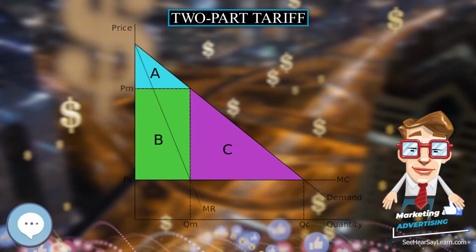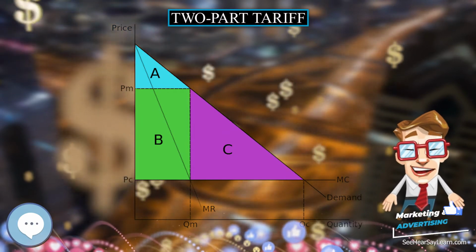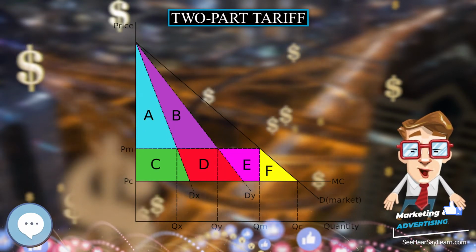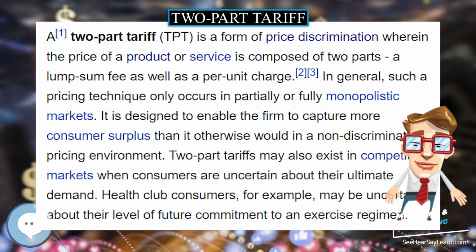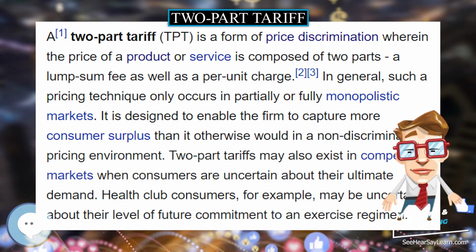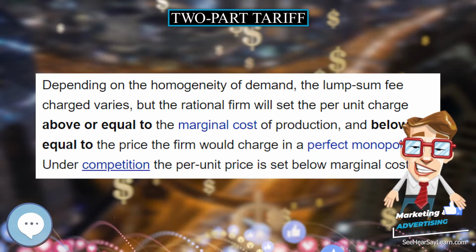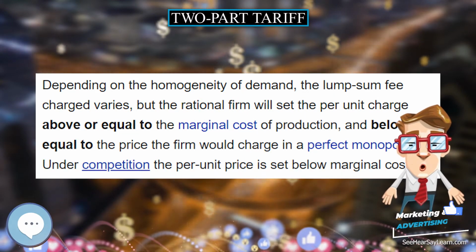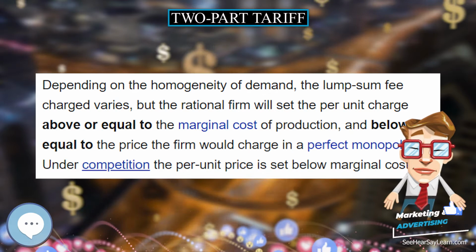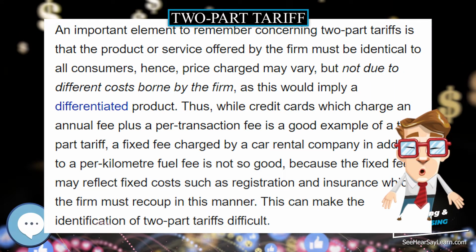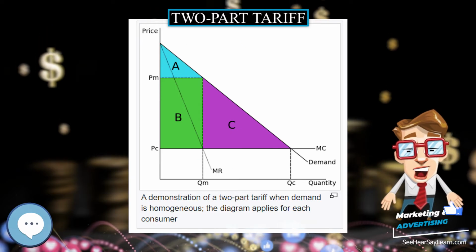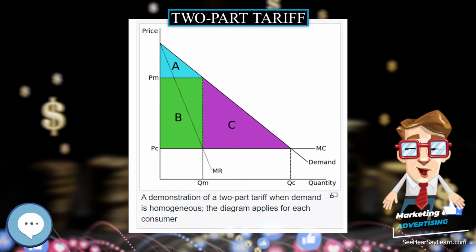Two-part tariff. A two-part tariff, TPT, is a form of price discrimination wherein the price of a product or service is composed of two parts, a lump sum fee as well as a per-unit charge. In general, such a pricing technique only occurs in partially or fully monopolistic markets. It is designed to enable the firm to capture more consumer surplus than it otherwise would in a non-discriminating pricing